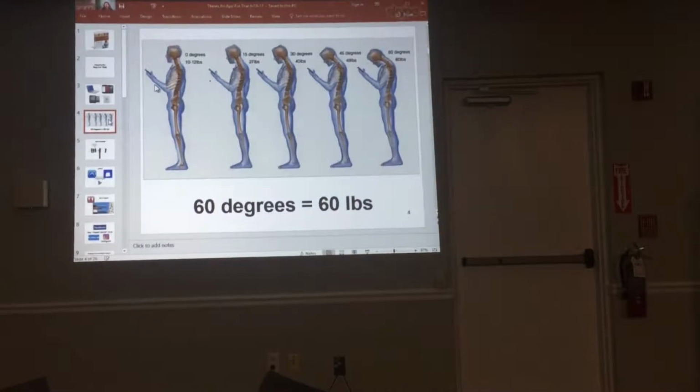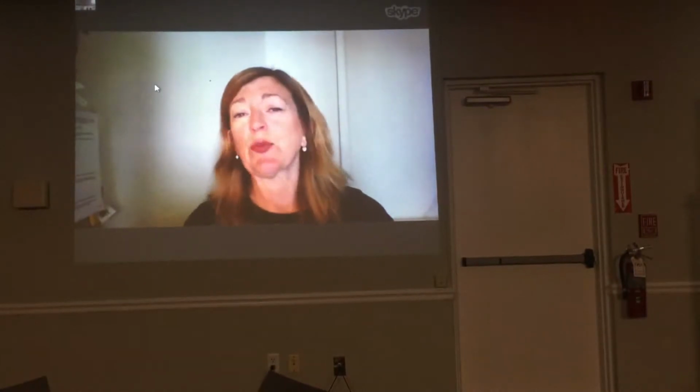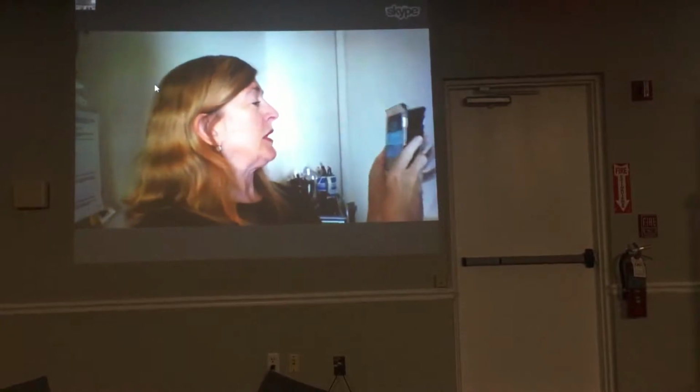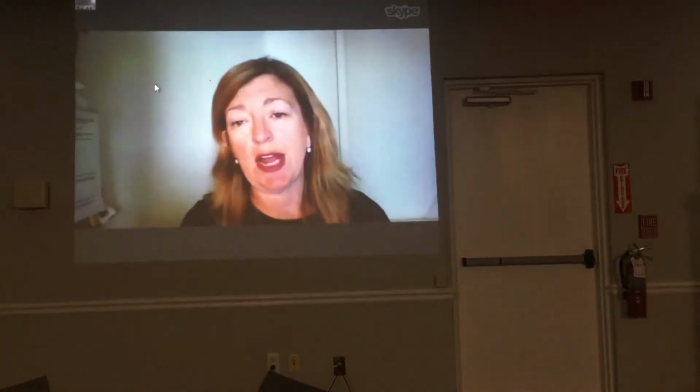So when we talk about using smartphones and tablets, I want you to always think of this diagram and remember that even 15 degrees, which is the person one over, is 27 pounds pulling down on your spine. So when you're using that smartphone or you're using that tablet, I really want to try to say, we're talking about apps, but let's talk about that device and make sure that you hold it up here and do yourself a favor and not put any strain on your back or on your neck.